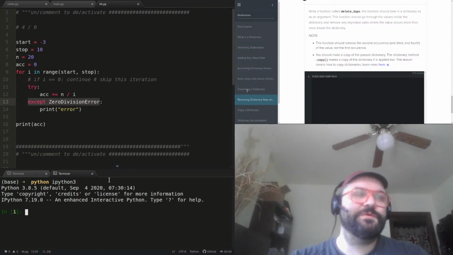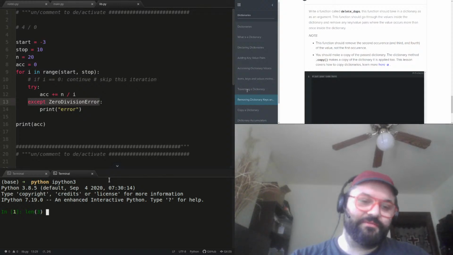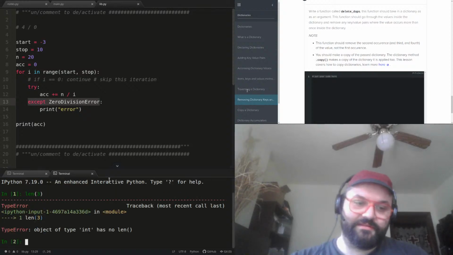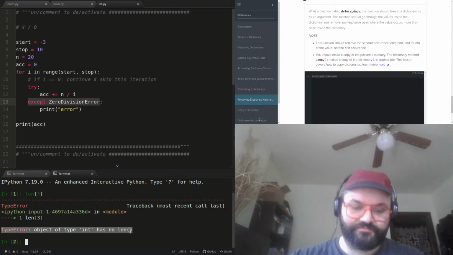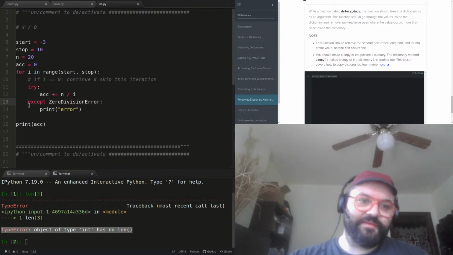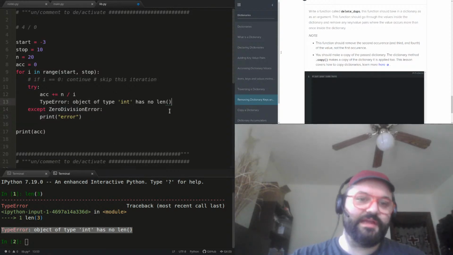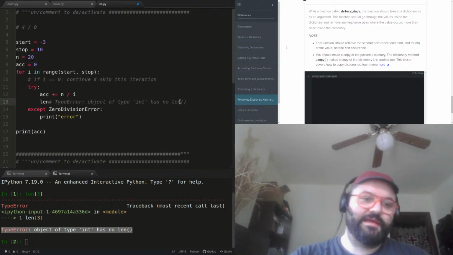If I do len, len is a function that takes in a type that has a length and returns its length as an integer. Integers do not have a length. There we go. So len gives us a type error. Remember that I said this is excepting on a zero division error. So let's say I want to do something like len of acc.